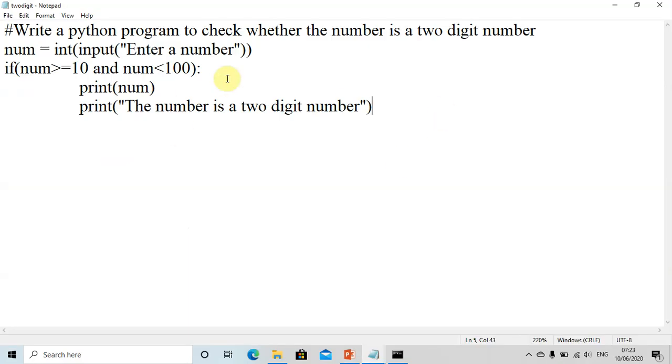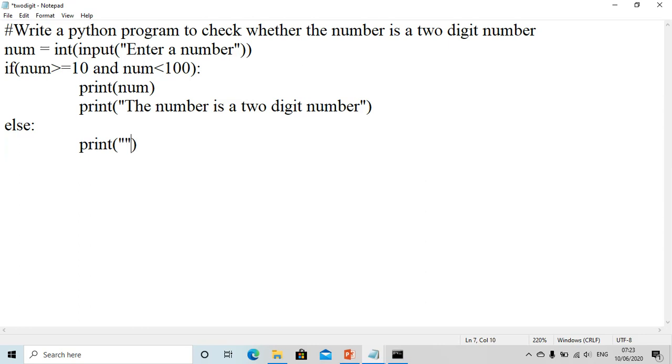If you remember, we just did this. We checked whether the number is a 2-digit number or not using if. But if it is not a 2-digit number, what should it do? So let us write the else part now. We are writing else colon, enter. I am using tab. You could either use 4 spaces or tab. I am just printing